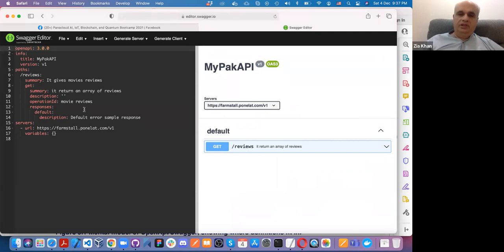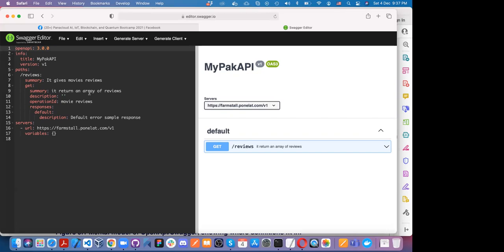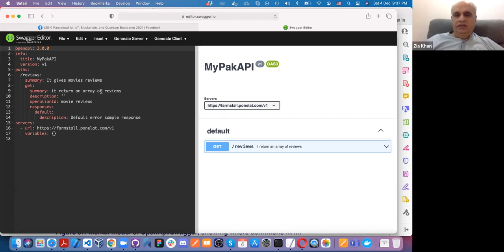We are right now using the 3.0 specification, Open API. For all REST APIs, we write the API definitions in Swagger using this Swagger editor, and the specification is called Open API. On the right panel, the documentation appears.